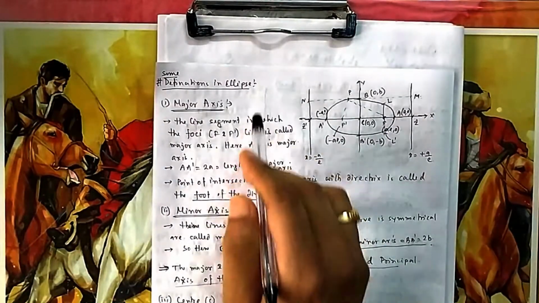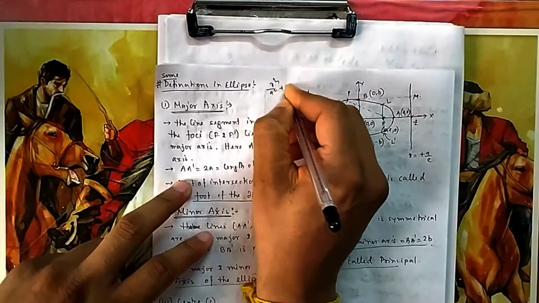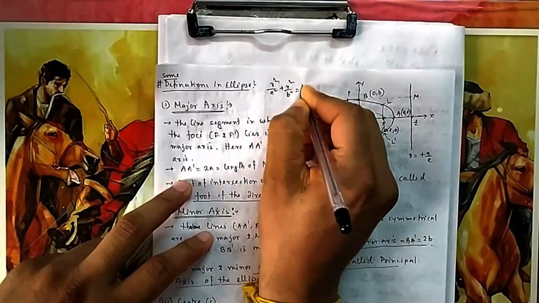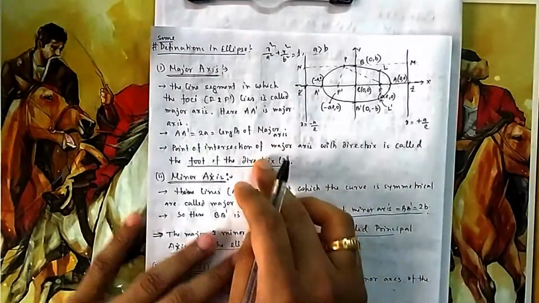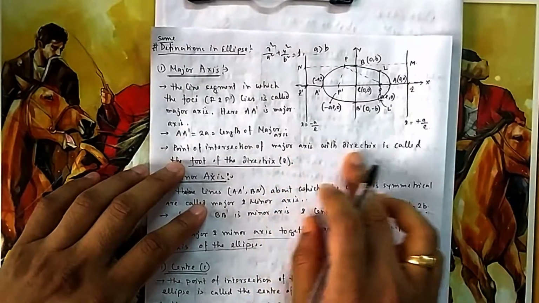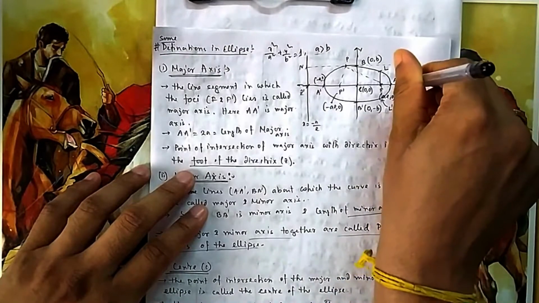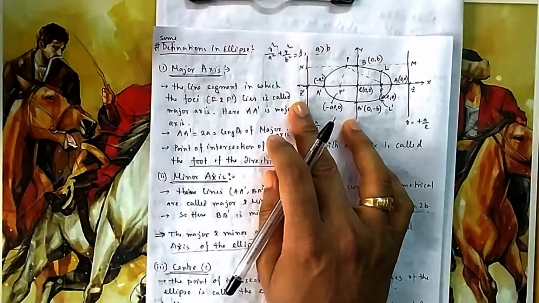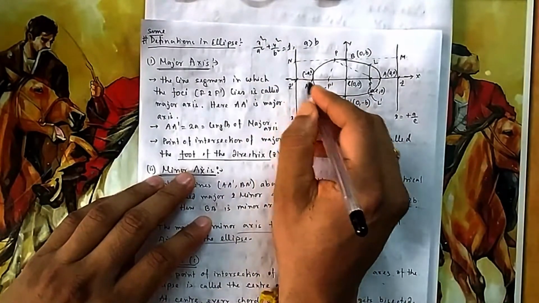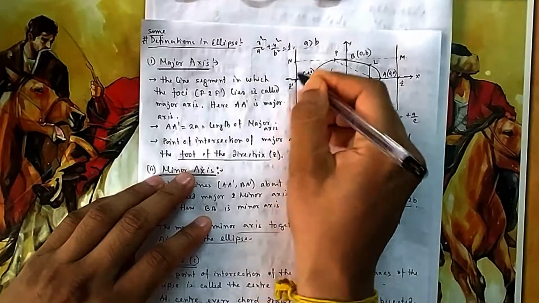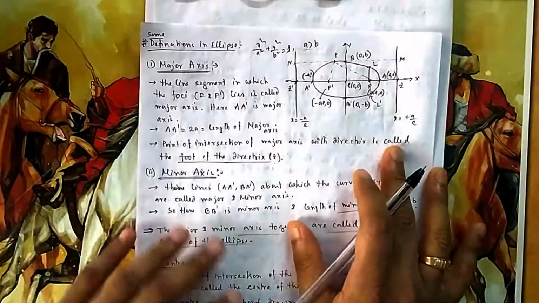What was the equation? x squared by a squared plus y squared by b squared equals 1. This was the equation for which we are deriving this. We are writing all these terms taking this consideration, a is greater than b. Okay, so this is the point of intersection of the major axis with the directrix. This is the point of intersection Z, and there is one more directrix which will come a little bit later, how it came. For now you just remember that this axis is meeting this directrix at Z dash. So these are known as foot of directrix, Z or Z dash, both sides.